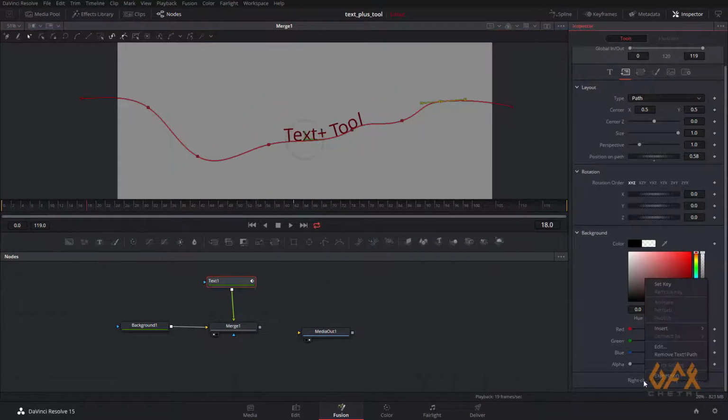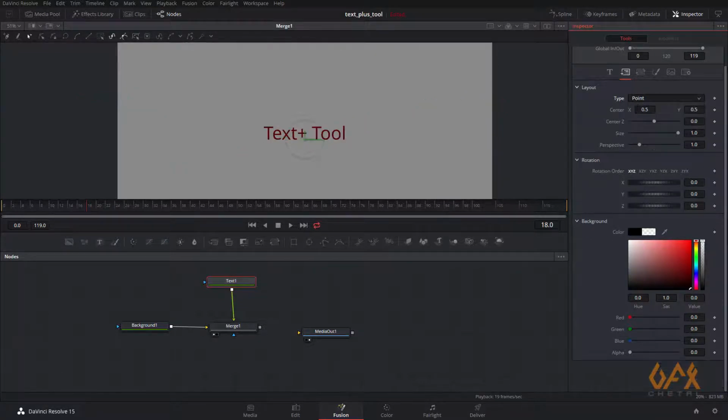So I just right click over here, remove text path. So this is basically the simple layout thing. Right now I just click over here, I set it to point. So at a time you can set only one layout.